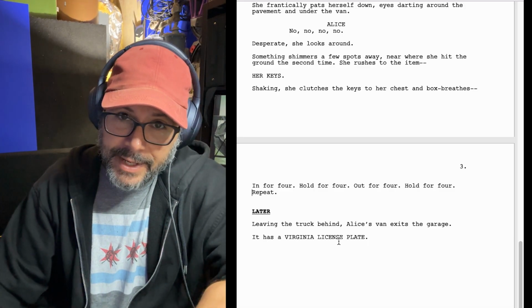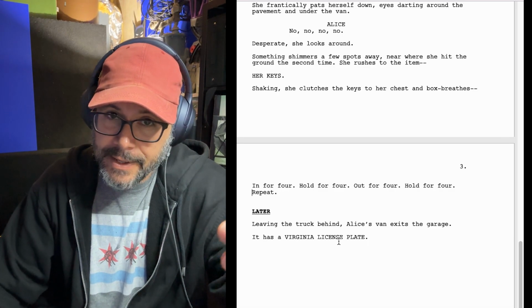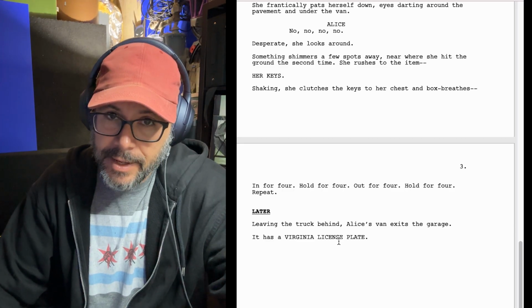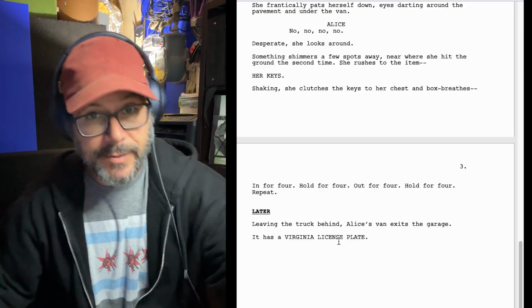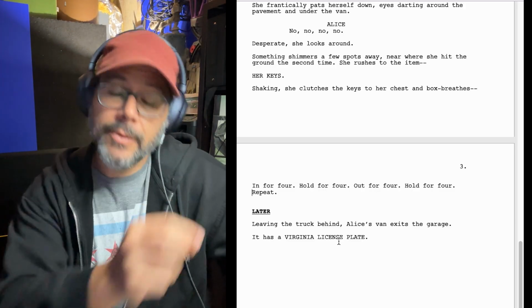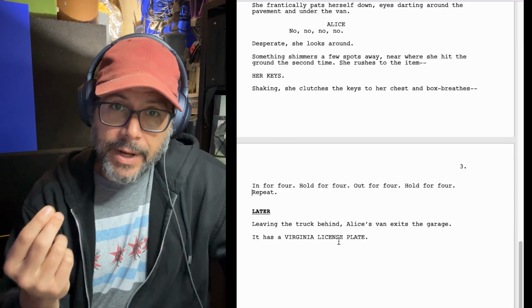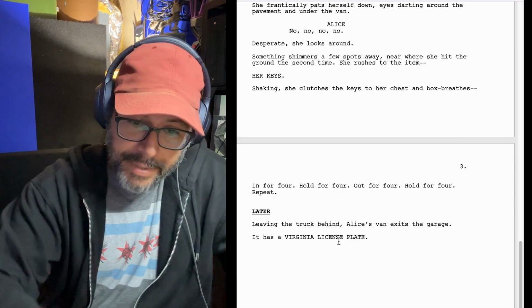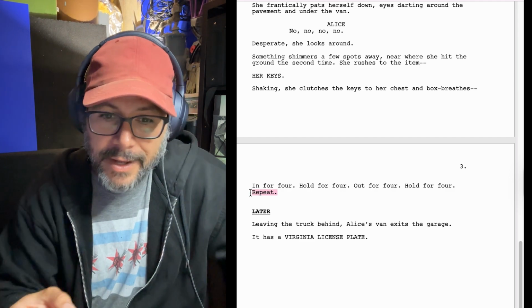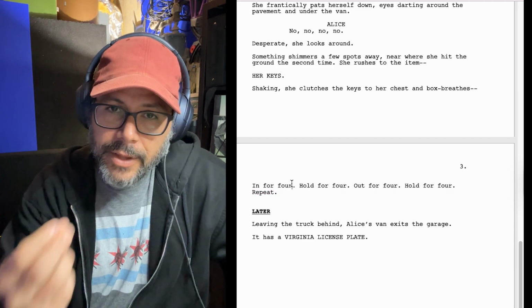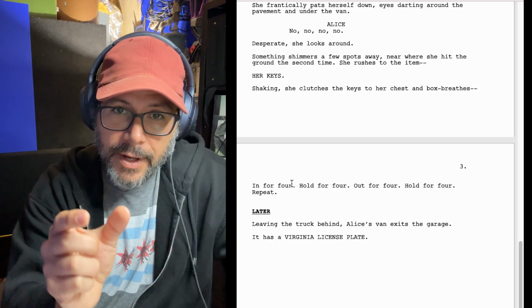But right here, what I did is set something up that it's a bonus note. It's a bonus kind of stylistic thing that I want to bring up in action blocks because I see this all the time in screenplays and it drives me crazy. And it's the first thing I do when I'm doing a polish on a script. I call them orphan words. And what I mean by that is if you look at the word repeat, it's the only word on the line. When I'm going through a script, and if I see one or two words alone on a line of action or dialogue,